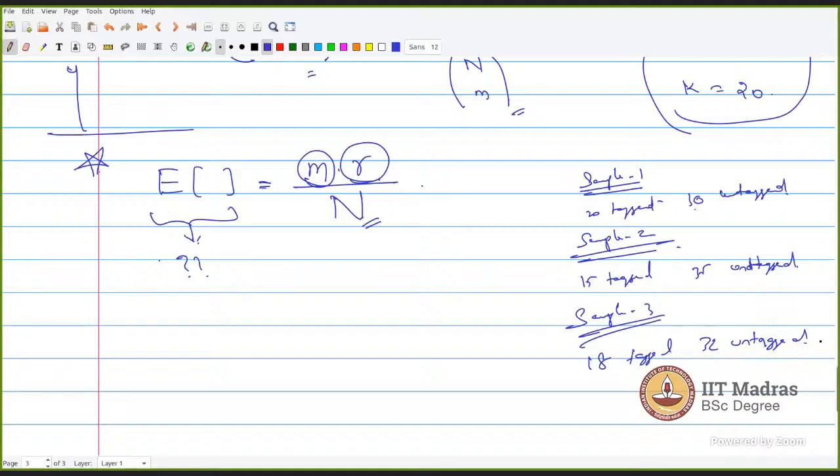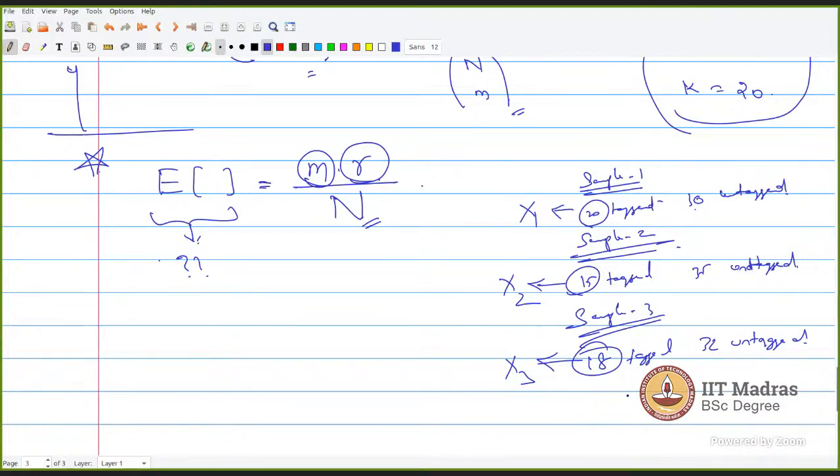So if I have considered more than one sample, now you see the number of tagged animals differs. This is my x1, this is my x2, this is my x3, like this. If I have considered different samples, I might have got a different number of tagged animals each time. So I am worried about how many tagged animals there are. This number of tagged animals follows a hypergeometric distribution.